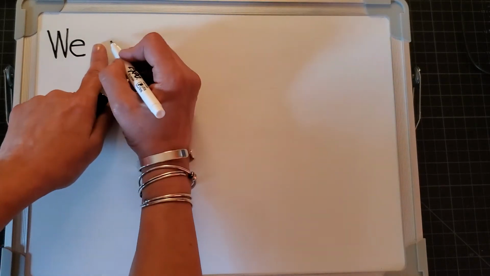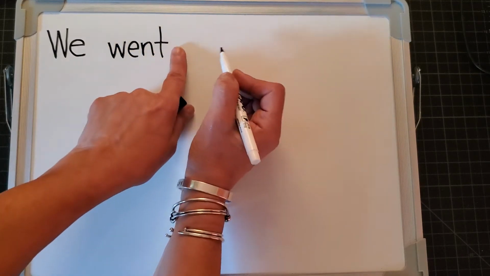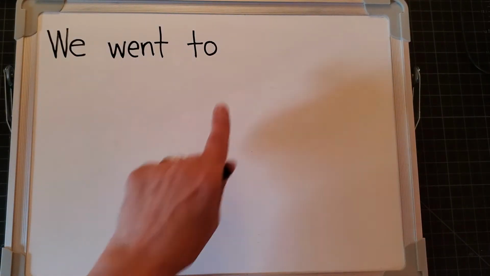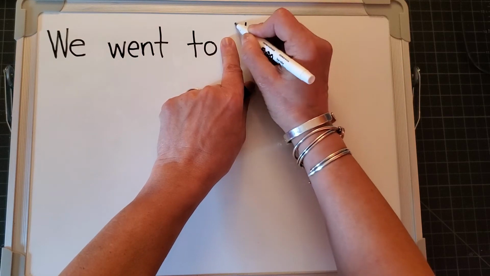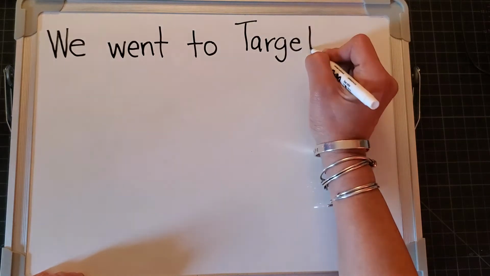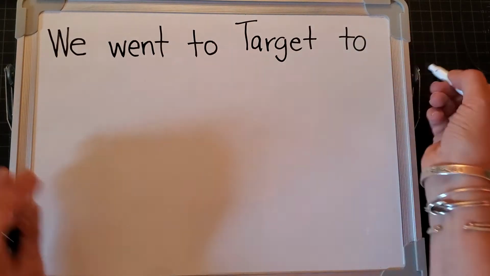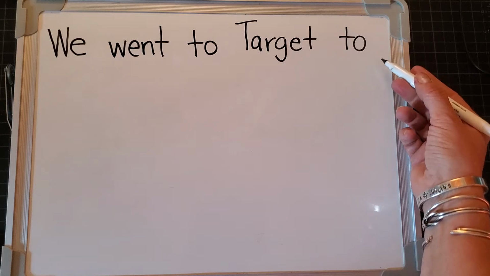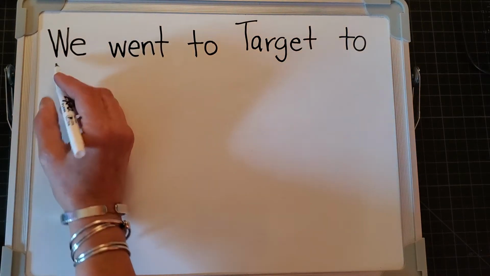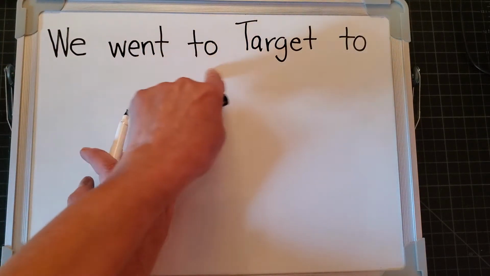Okay, and my space, went, space, to. Now Target is the name of a place, so we're going to have to put a capital there. We went to Target. But notice all the rest are lowercase. We went to Target to. Now, if you run out of room on your paper, don't keep writing down here. You pick up your pen and you move back over here under the first word you wrote. So I have we went to Target. Sorry, let's do it this way. We went to Target to